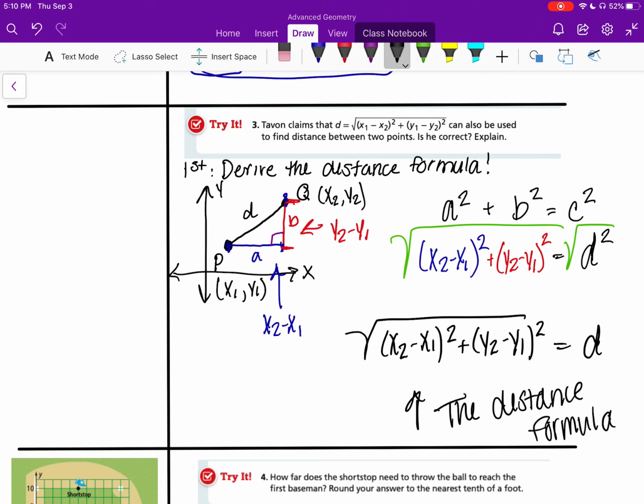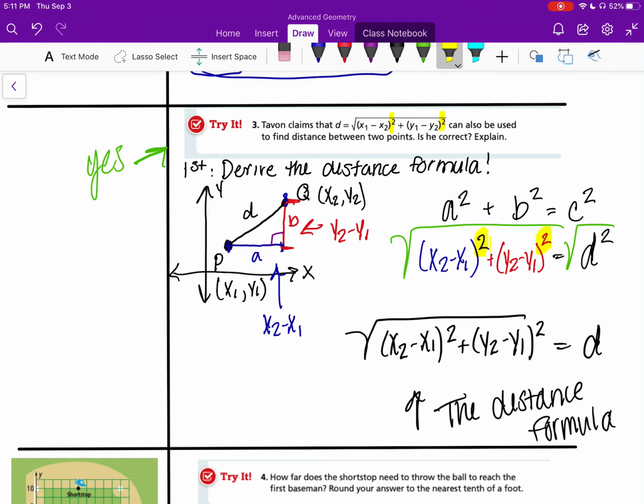And now you can see how it was created using what we know about right triangles and the Pythagorean theorem. So if we want to try to actually answer this question, let's read it. Tavon claims that he wrote it and he subtracted x1 minus x2 and then y1 minus y2. Can this also be used? Yes. And that's because we know in the distance formula we are going to square